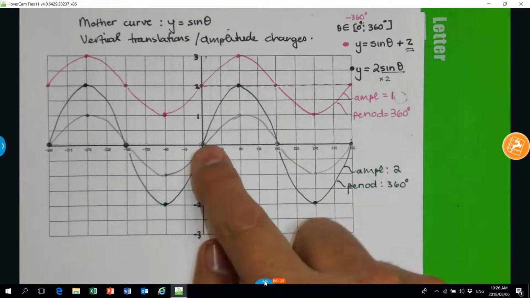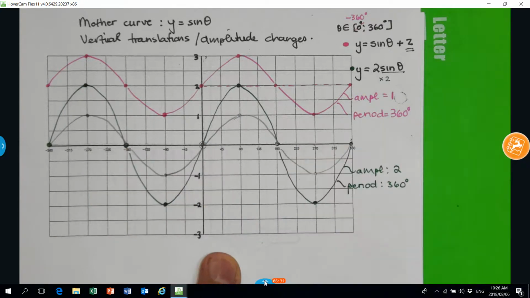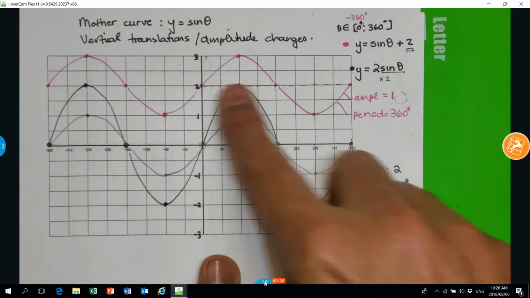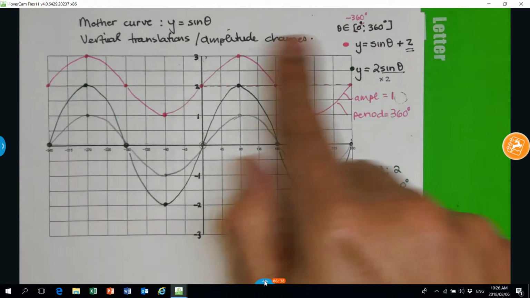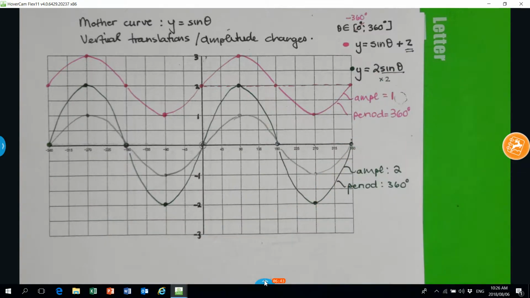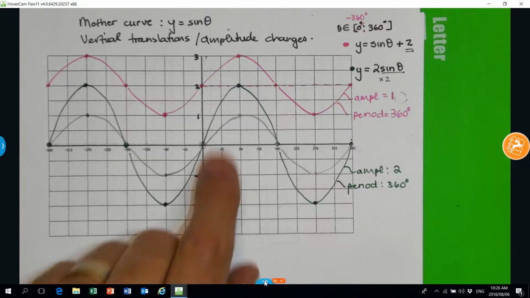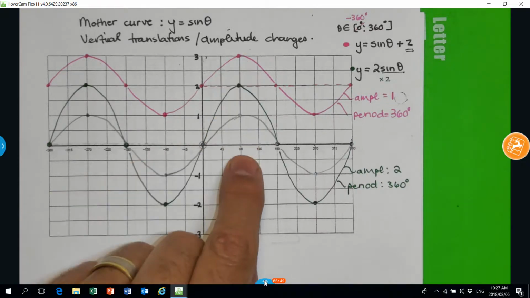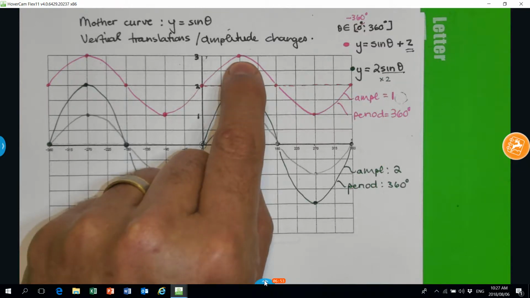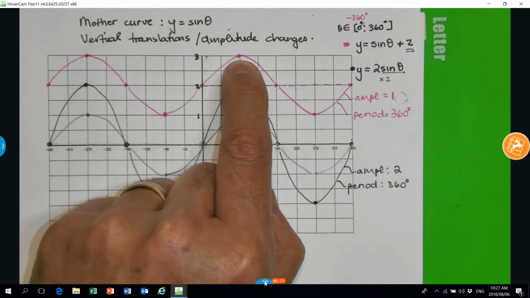It does not affect the roots. The roots are still on the horizontal axis of this curve, whereas this curve, the pink curve at the top, will never equal 0 because it doesn't cross the horizontal axis. So there are no roots at the top. But you can see clearly the maximum is at 90. The x values did not change. The y values changed. So instead of being at 90 and 1, on the pink curve it's 90 and 3